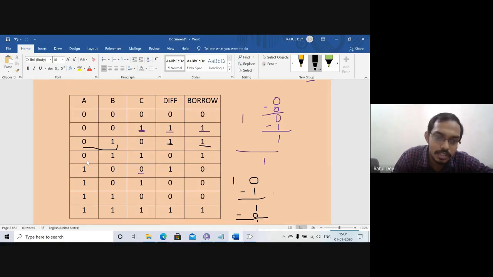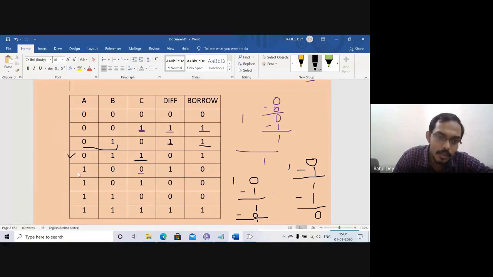Again, we have to choose for 0 1 1. So first we have to go for the 0 minus 1. Here we have to discuss this word 0 1 1. So 0 minus 1, what will it be? 1, carry 1, minus 1, because you can see here there is the 1. So this is the 0 and carry is 1. So we can put that this is the 0 1.